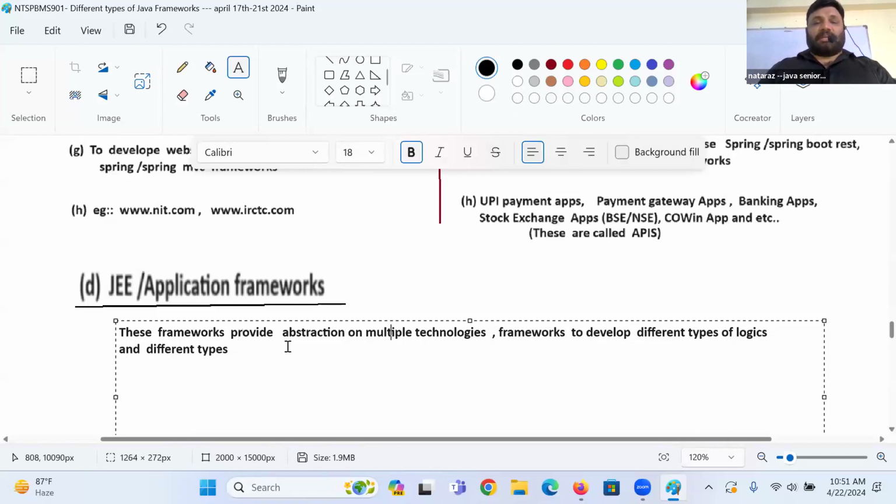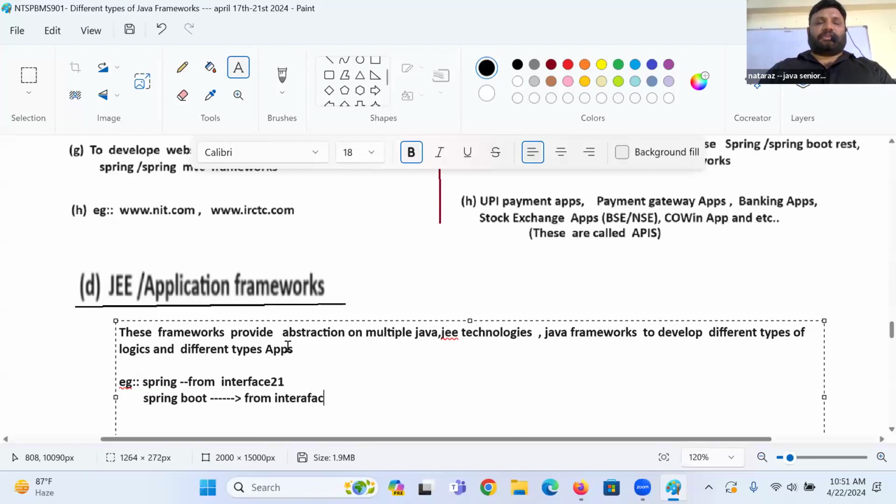Abstraction on multiple Java JEE frameworks. Tell me what is the example, guys? Spring from interface 21. Spring Boot from interface 20.